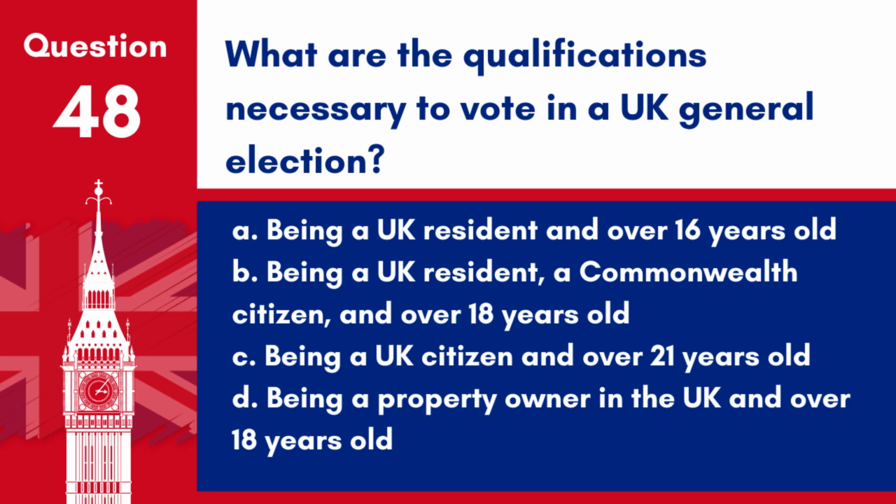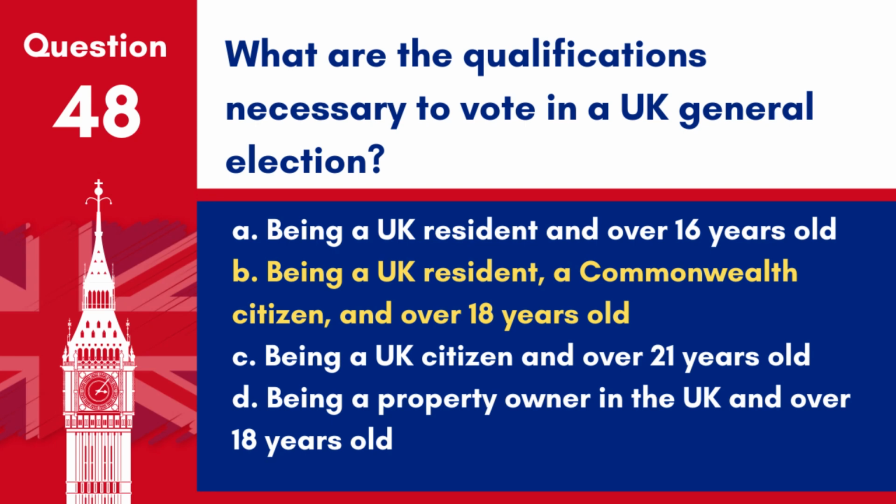Being a UK resident, a Commonwealth citizen, and over 18 years old. C. Being a UK citizen and over 21 years old. D. Being a property owner in the UK and over 18 years old. Answer: B. Being a UK resident, a Commonwealth citizen, and over 18 years old. To vote in a UK general election, you must be a UK resident, a Commonwealth citizen, and over 18 years